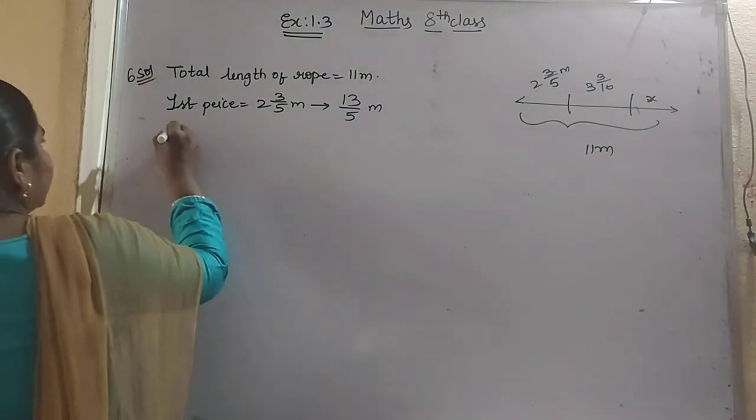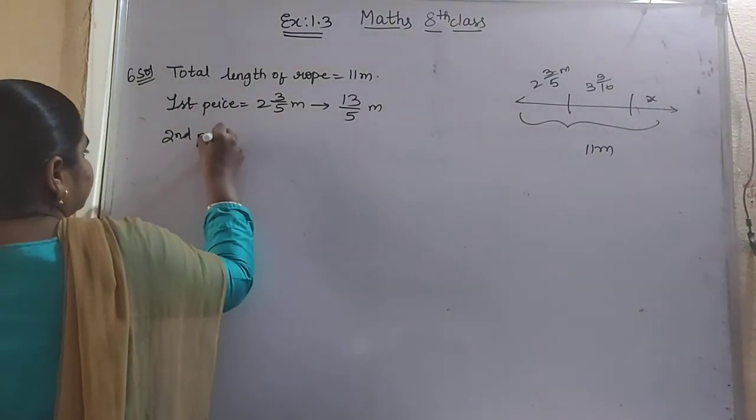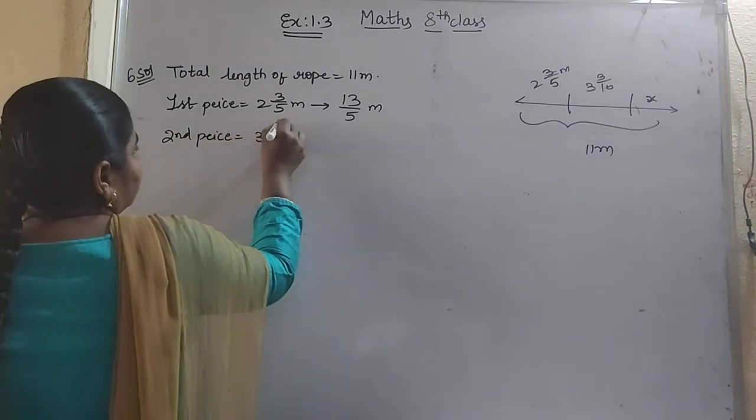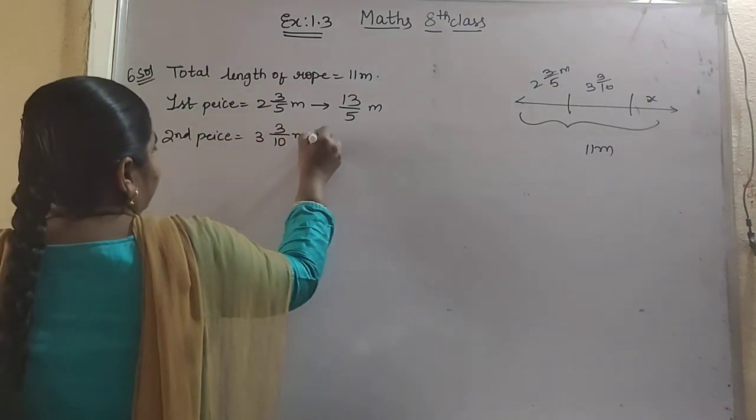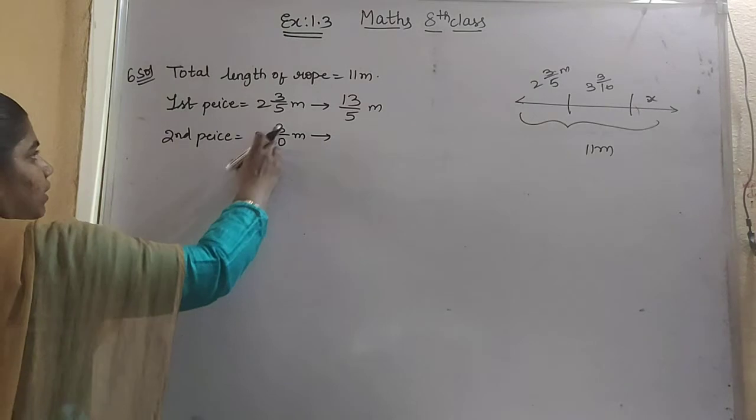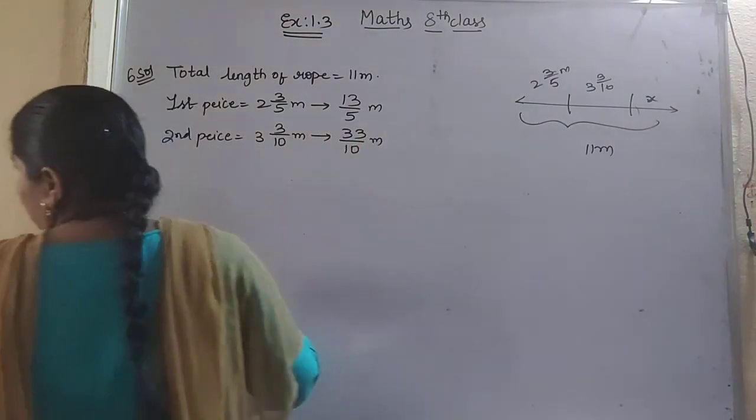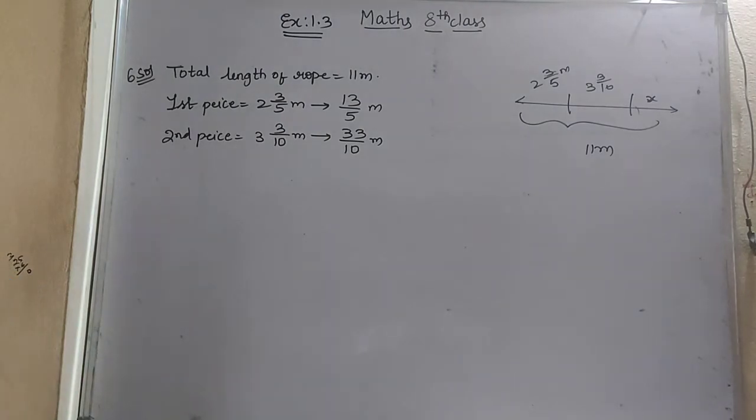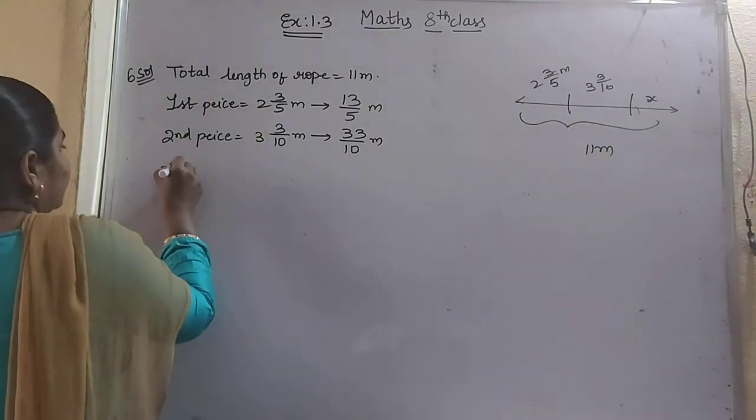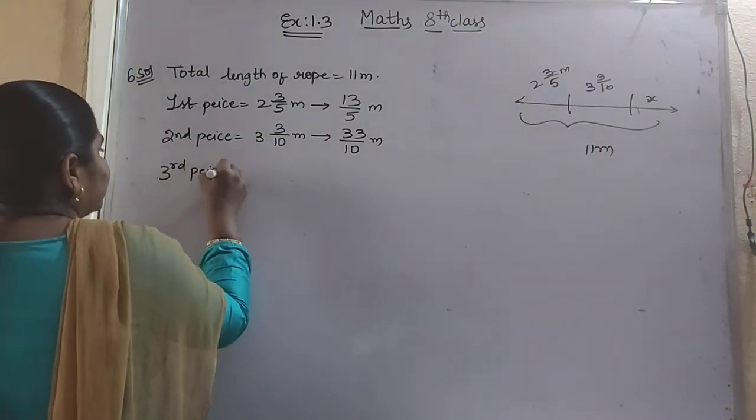And what is the length of second piece? 3 3/10 meters. That will be equals to 10 3s are 30, 30 plus 3 is 33/10 meters. Now what we have to find? We have to find the length of third piece. So here third piece I am taking it as x